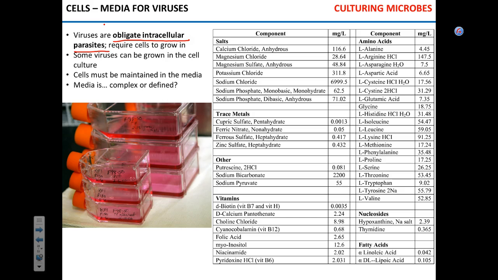Now we use plastic, so you can see those plastic flasks here, and that purple liquid is the medium. But this is the medium to maintain cells in which viruses will grow. Does that make sense? So it's kind of a complex issue. At this point, you cannot really say if the medium is complex or defined, because at this point, it's a living thing, another living thing, right? I mean, it's not a chemical thing anymore. It's a cell